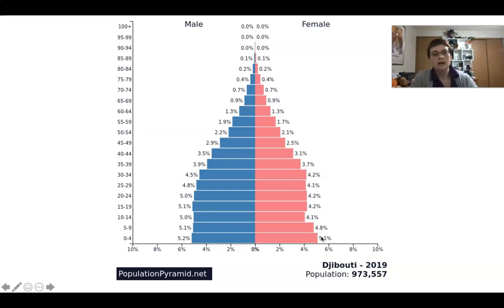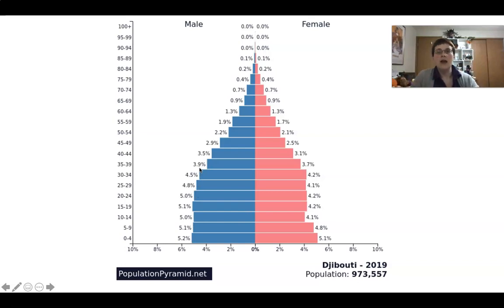We've got some oddity going on over here, and I'll talk about that here in a second. It's not super smooth. But in the pre-reproducing, so 0 to 14, and then the reproducing sections,